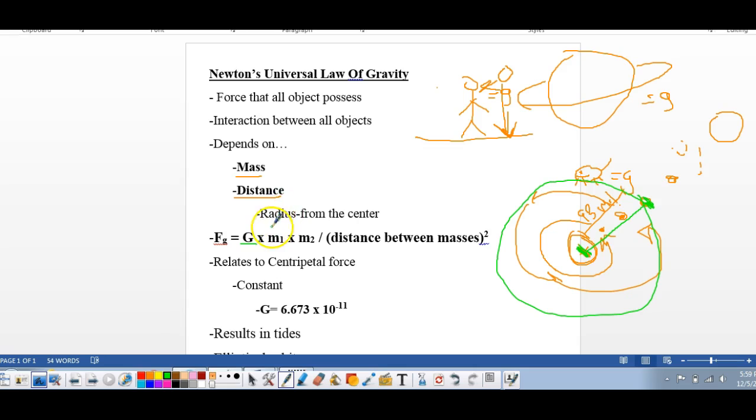So this might be the sun, mass 1, this might be the Earth, mass 2. And then we just divide that by the distance between them, squared. And then also multiply this gravitational constant as well. Okay, and this is all related to centripetal force, because the sun is pulling on this Earth,